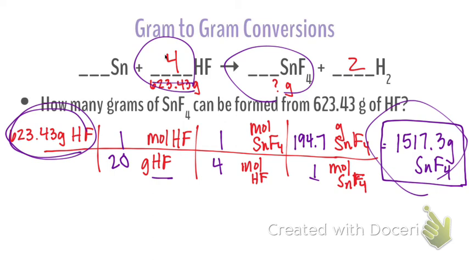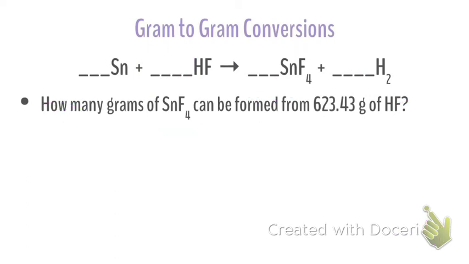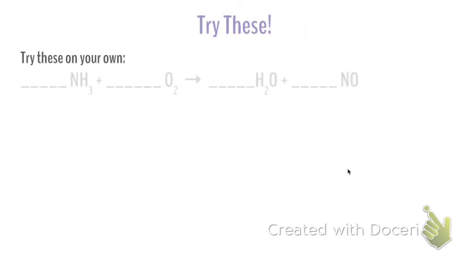If this would have come out to be 0.24 grams, I would have thought that should be a red flag. Right? I'm starting with 600 grams of one. I'm ending up with 0.24 grams. That doesn't seem to fit in my picture. Right? That's about it. All right, I'm going to skip over the next couple and go to our last